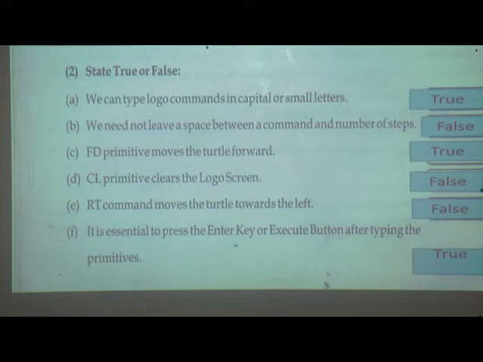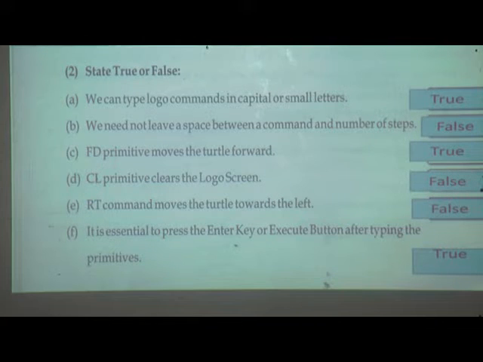CL primitive clears the logo screen: false. CT commands move the turtle towards the left: false. Last one, it is essential to press the enter key or execute button after typing the primitive: true. Write it down fast.